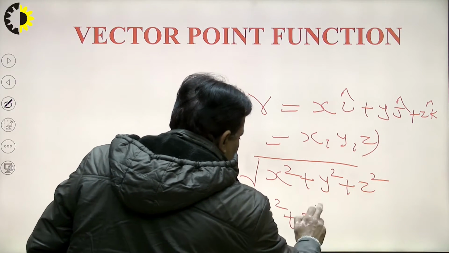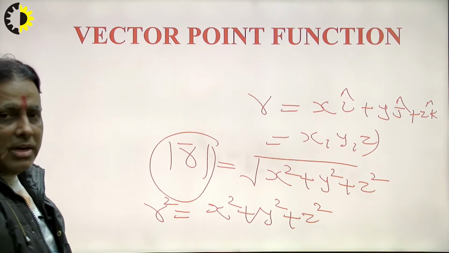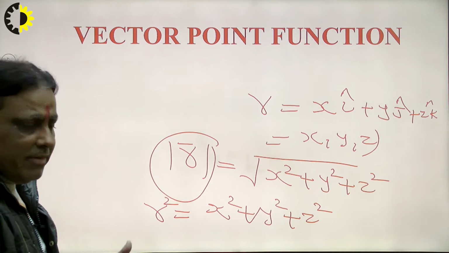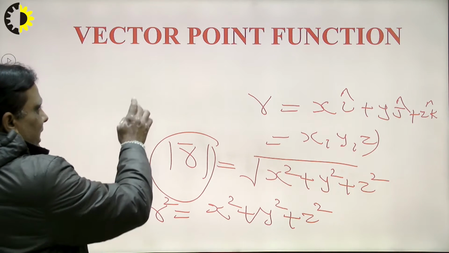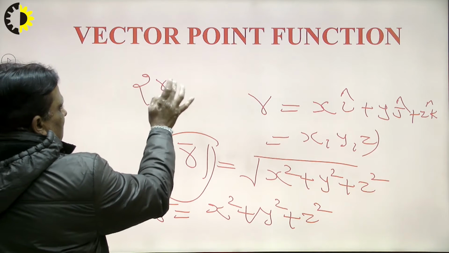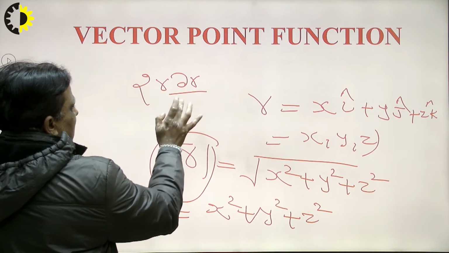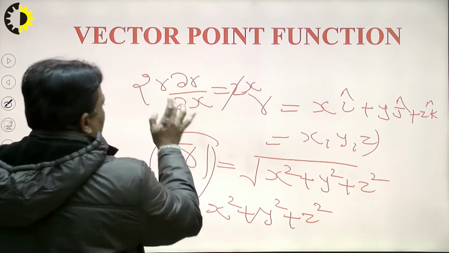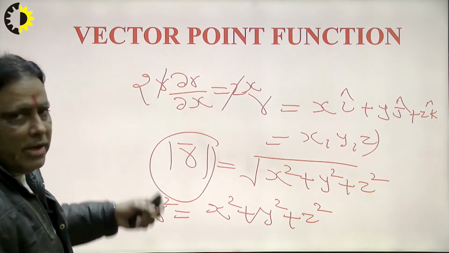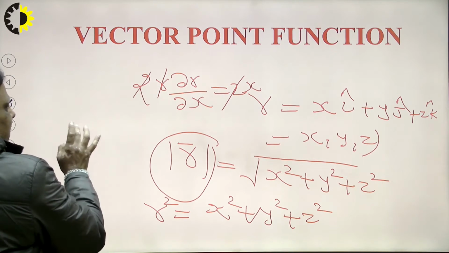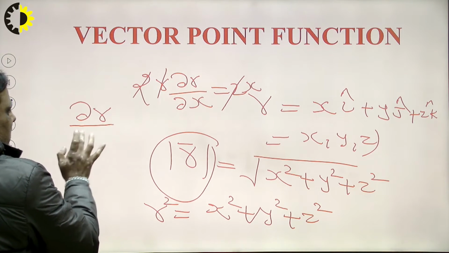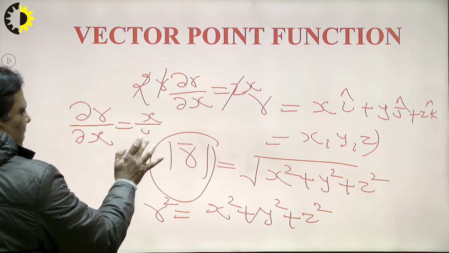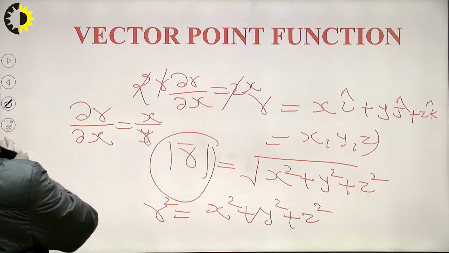In this way we can calculate the partial derivative. In the partial derivative terms I explain how to calculate the partial derivative of this with respect to x. So I write here 2r ∂r/∂x is equal to 2x. In this way we calculate one component. What is the role here? ∂r/∂x is equal to x upon r.